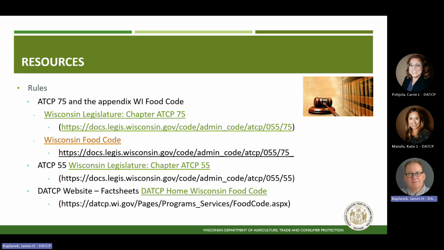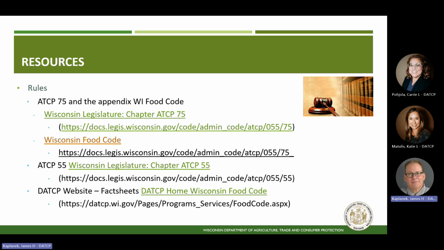To download a copy of these rules, you can simply enter the following web address into your browser. For example, for a copy of HACCP 75, the Wisconsin Food Code, simply enter the above web